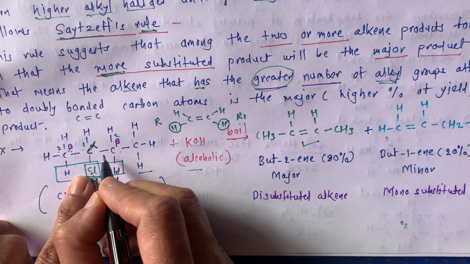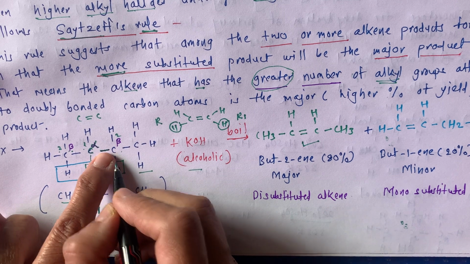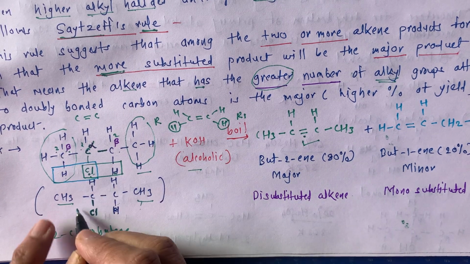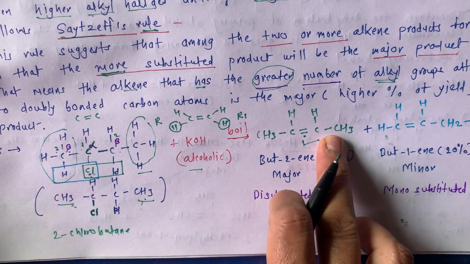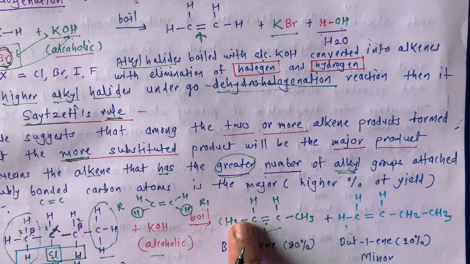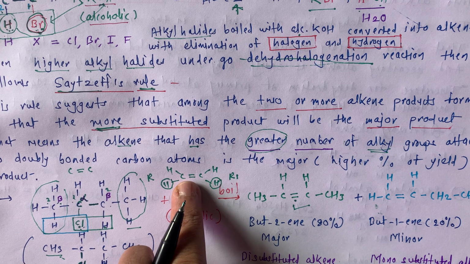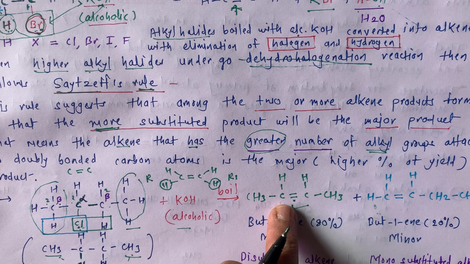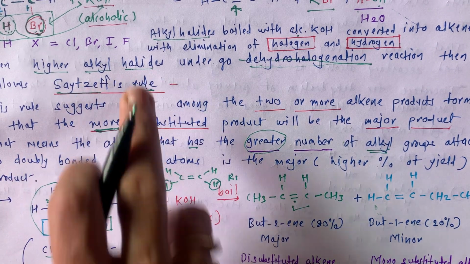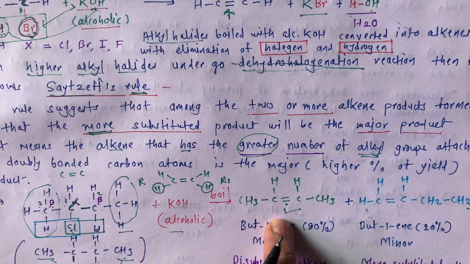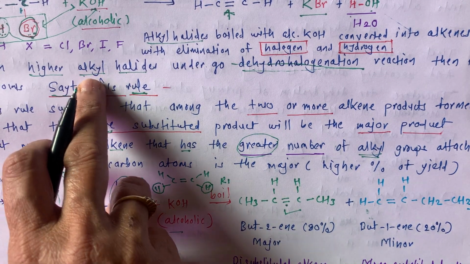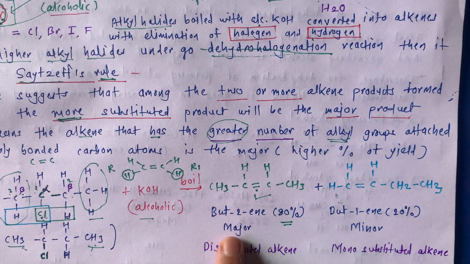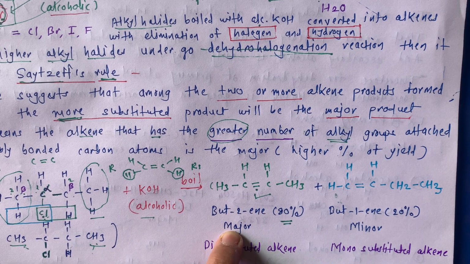The product will be like this. In this case, this single bond is converted into a double bond. This is one CH3, this is another CH3. This one is now highly substituted. Just as I explained, these Hs are now replaced by R groups, meaning this is highly substituted. According to Saytzeff's rule, this elimination takes place. Due to following this rule, this product is the major product, that is the 80% product, and that's why we are mentioning this as the major product.